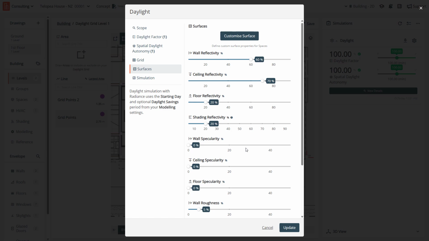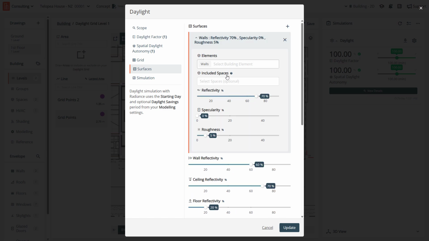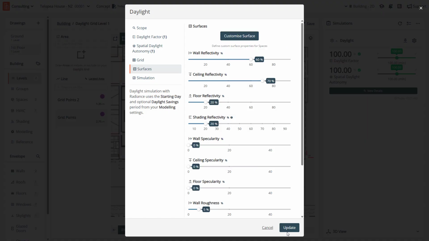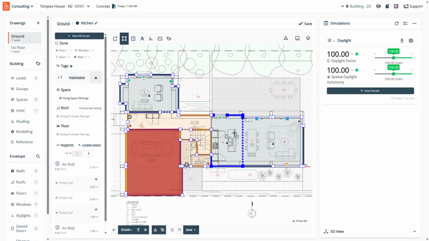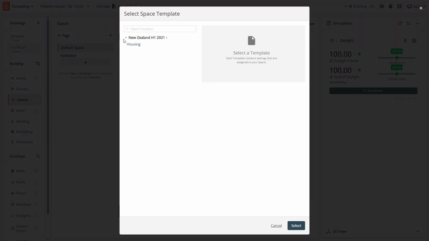So should you want to go ahead and be more specific, and let's say you had additional spaces for bedrooms, or actually let's just use habitable, and let's say the habitable spaces had floors that were really dark or something like that, or really light, then you would override the spaces associated to habitable with those inputs. Now, just to be 100% clear, in our model, we're talking about these spaces here. So it may actually make more sense for you to think about this in a different light. So let's say you had